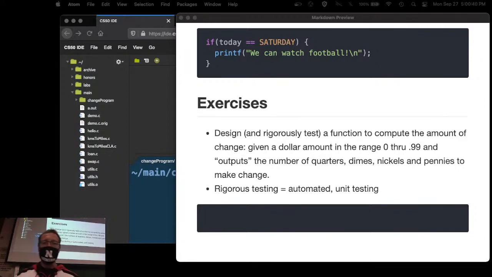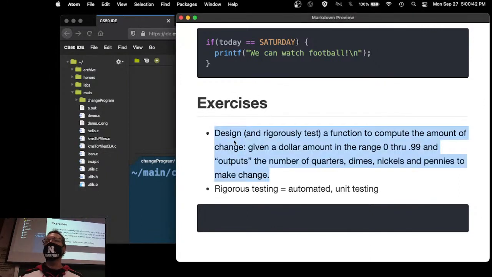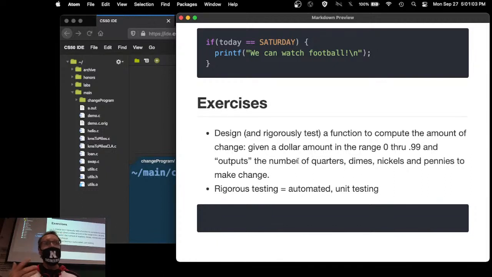But otherwise, remember that this is the exercise that I introduced you to last time that we're going to do today. We're going to write a function to compute change. So if we give you an amount from 0 up to 99 cents, we're going to output the number of quarters, dimes, nickels, and pennies that you need to make change, right? So if we gave you 75, then we would expect back 3 quarters, 0 dimes, 0 nickels, and 0 pennies,